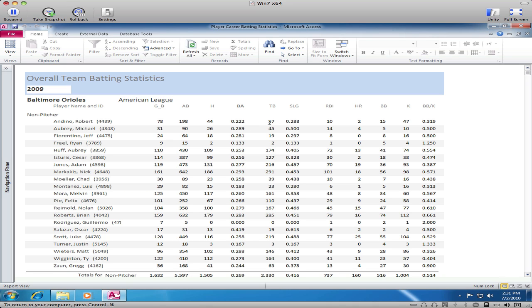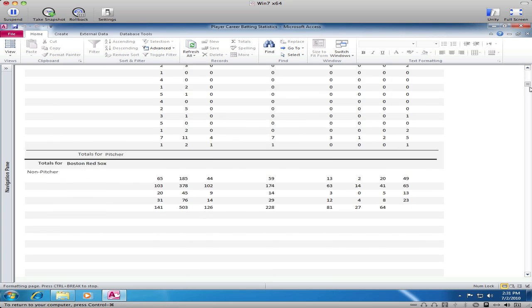The total bases over the year, that divided by the at-bats gives you the slugging percentage, RBIs, home runs, walks, strikeouts, and the walk to strikeout ratio. So another calculation. So we have three calculations here,